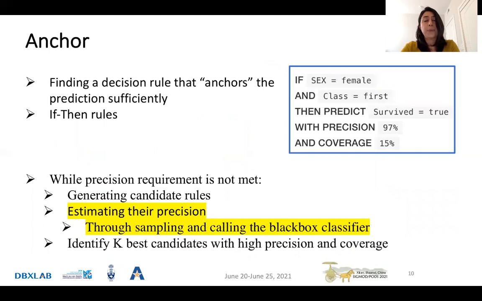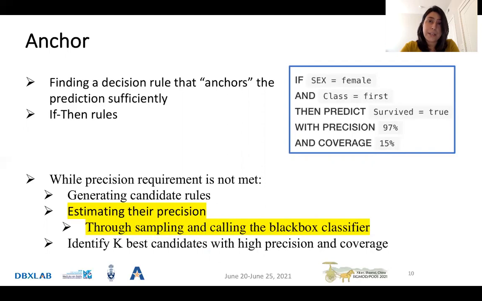Anchor is another popular local explanation method, which is sampling based. So in Anchor, the explanation format is a rule, which is a subset of predicates that predicts the output of the classifier with some precision. Anchor iteratively generates candidate rules, and in each iteration, it estimates the precision for the generated candidate rule.